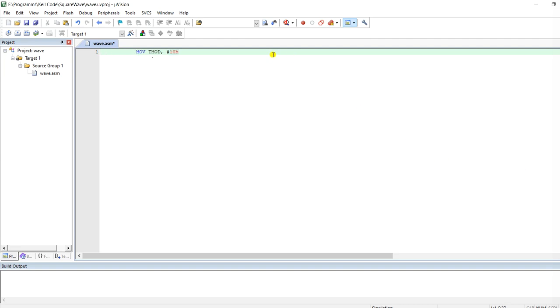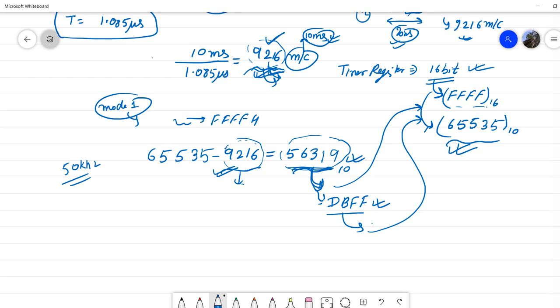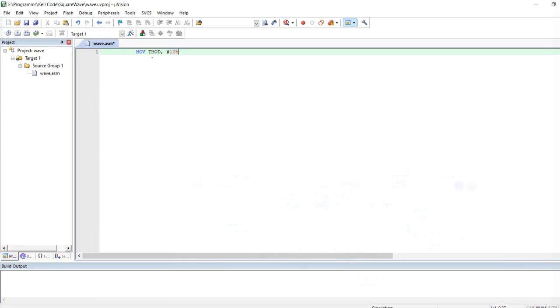After that we have to use our timer register, in which we have to load the value which we have created earlier. What was the value which we have created? We know that we have to load the value DBFF. So we will load this value DBFF to the timer register. So let's come back here and understand. We have to load DBFF. How many bits are present here?